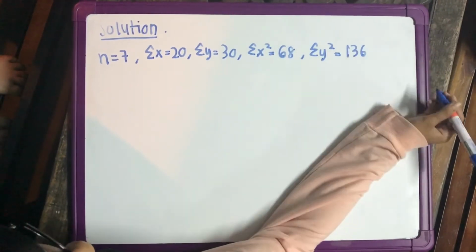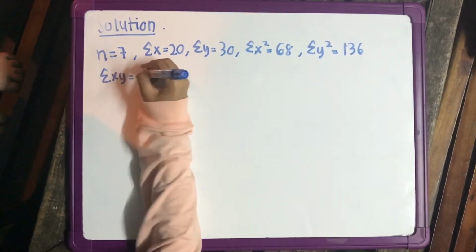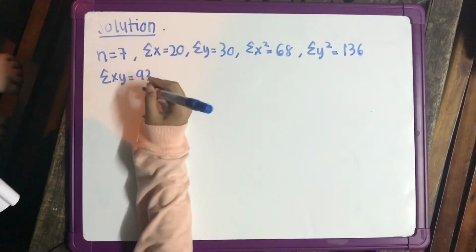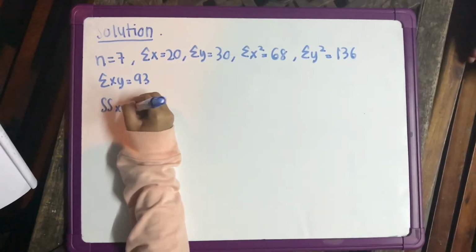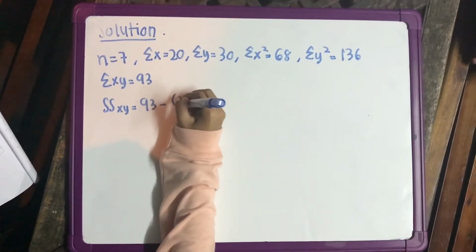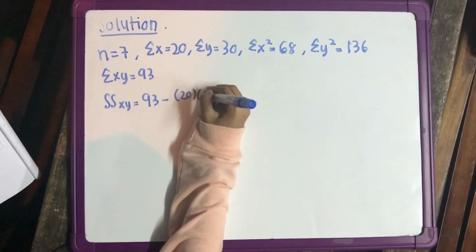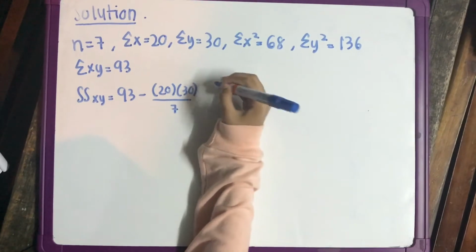Firstly, you must find SSXY. As we know, the formula is total xy minus total x multiplied by total y and divided by n. We got the answer